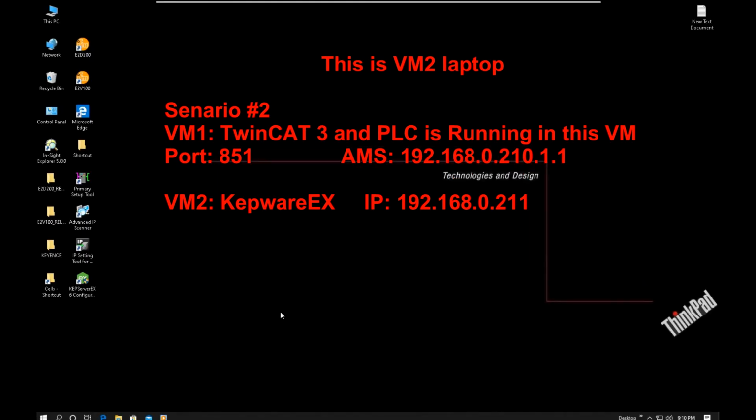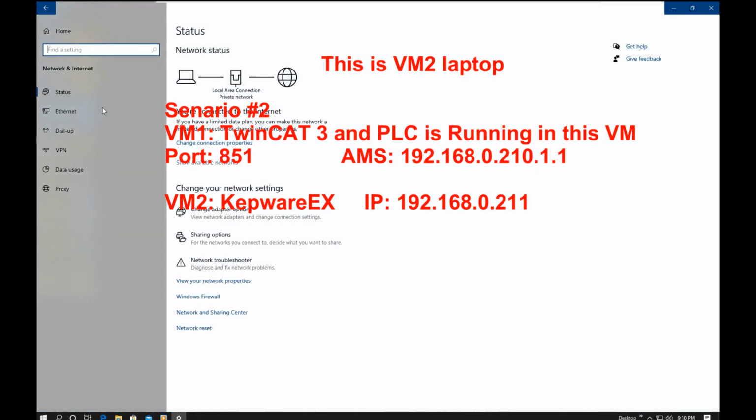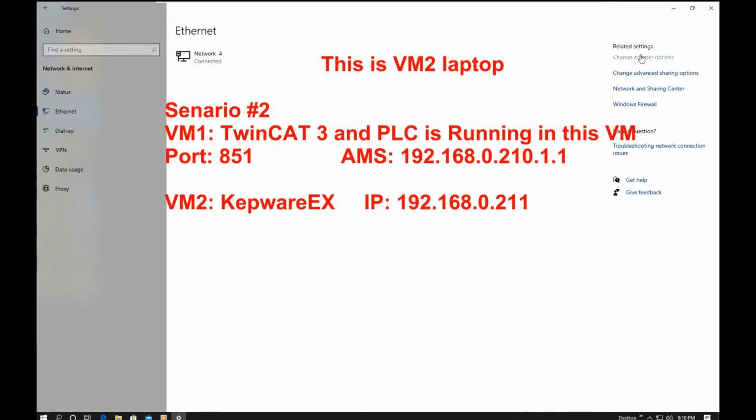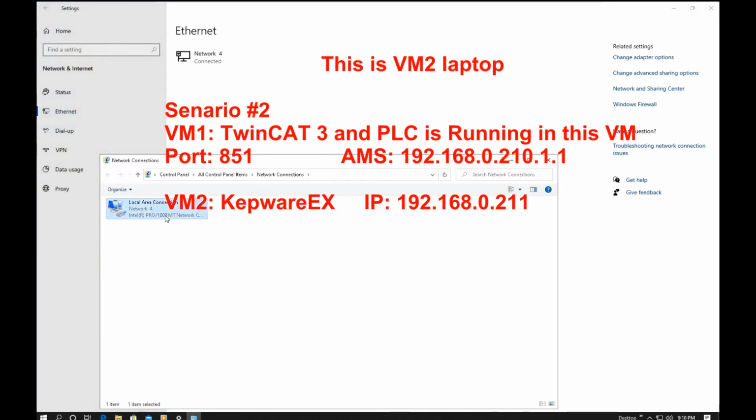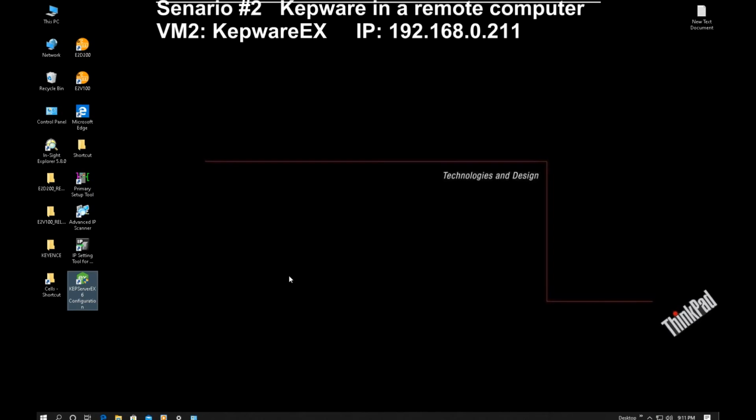Okay, this is another laptop. And on this laptop, I set the IP address. So in this laptop, that IP address is 0.211. And I installed the 6.8 version CAP server. So we will use the same way. If we double click the KEPServerEX software,